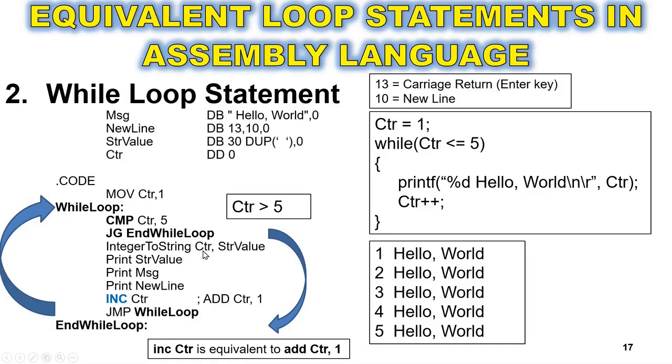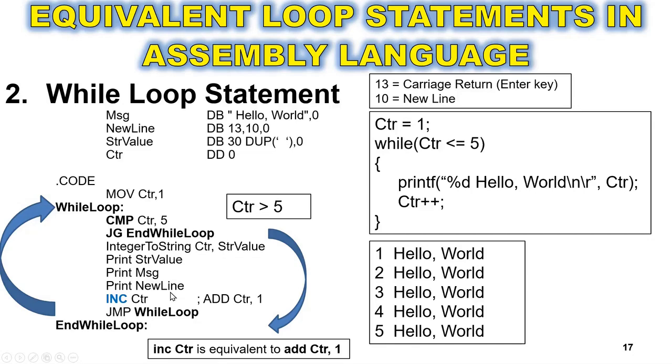It will convert that present value of that CTR containing 1 into a string value of 1, and then it will print it out onto the console window, the 1 value, followed by print message hello world, followed by print new line. It will move the blinking cursor to the next line, and then the while loop, unlike